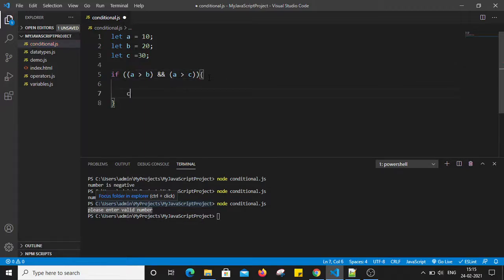So I will simply print console.log a is greatest. Similarly, I will put one more block. I will check for b as well. So I will simply put else if